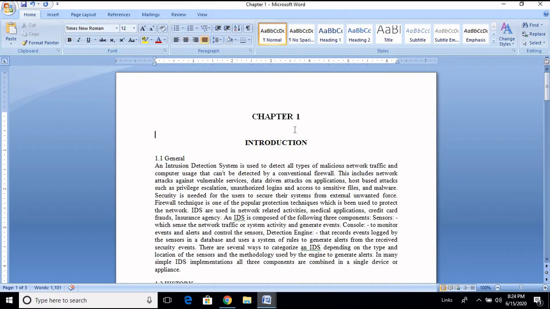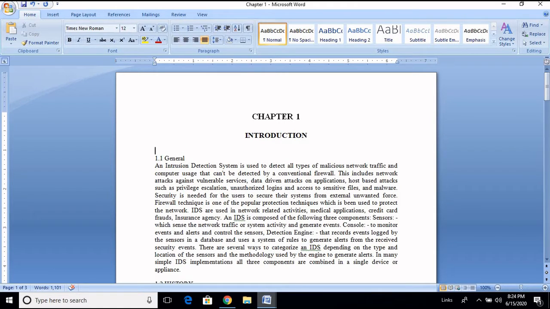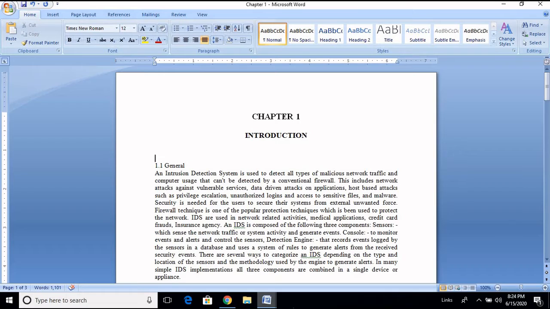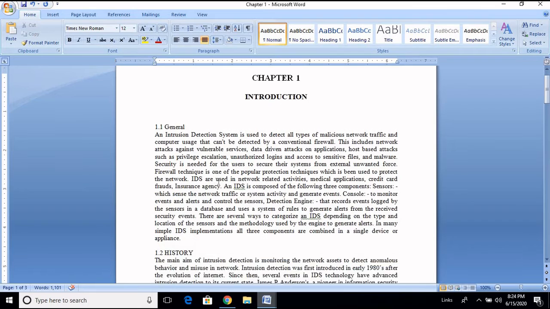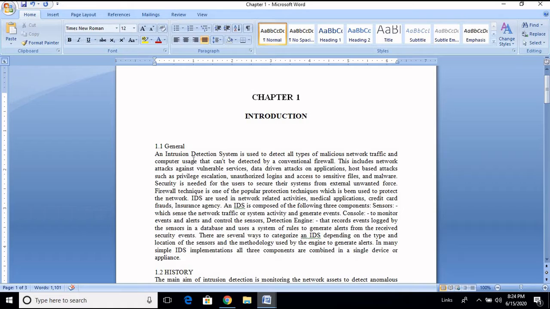Okay, so here you can see in between these two one space should be there. Even if you have one space or two spaces, no problem. So chapter 1 or chapter 2 needs to be Times New Roman, bold, size 16. The chapter name is Times New Roman, bold, size 14. Below this, all are size 12, same Times New Roman, all size 12.